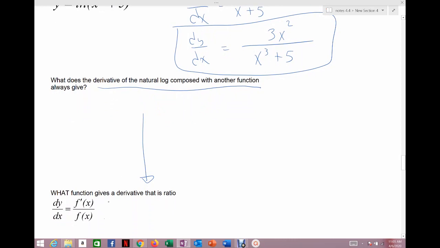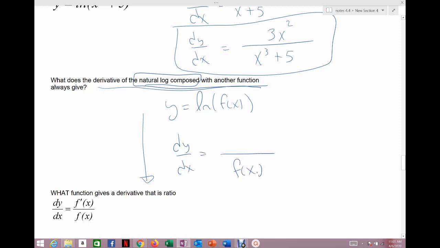When we have the natural log of a function, that's what a composition means, the natural log composed with another function, natural log of f of x, when we take the derivative of that, it's always 1 over what's inside times the derivative of what's inside, which can be rewritten